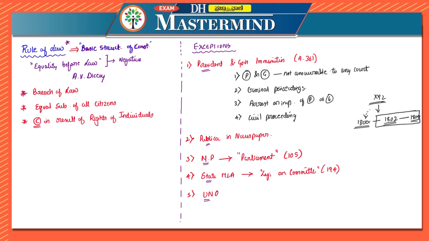In the next part, we'll discuss our next few articles. Probably we'll be discussing only Article 15, because Article 15 is a little huge. In that we have to discuss reservation for OBCs in the educational institutions, and the economically weaker sections also. So that we'll be discussing in the next part, which is Article 15.